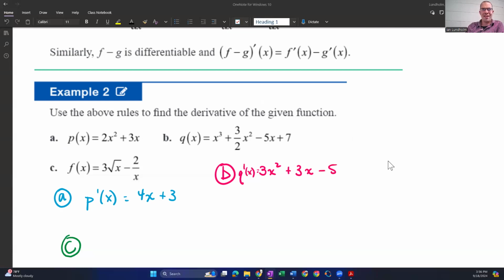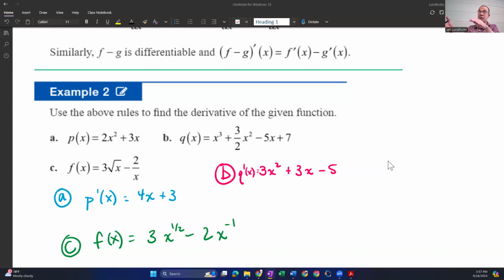how can we use the power rule on this part? Well, let's go ahead and rewrite f of x first. If we write this as 3 times x to the 1/2, then we see that coming into play. So if we write these roots, or this division by x, as a negative exponent, oh geez. So if we write 1 over x as x to the negative 1,